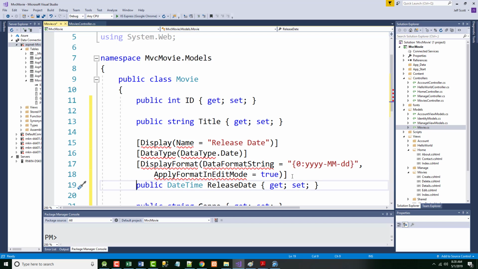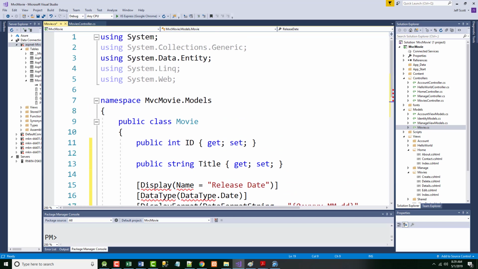You see I got a lot of red squigglies? It's because I didn't add that using statement that I was told to add before. All right? So if I'd added that beforehand, I wouldn't get an error. But I'll let the system add it for me. Notice what's in here right now. 5 lines. Using